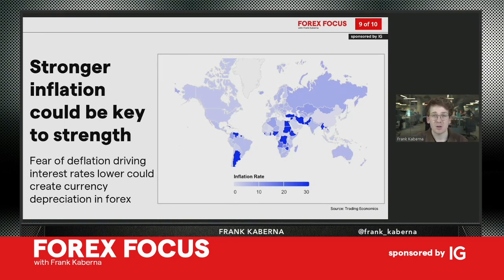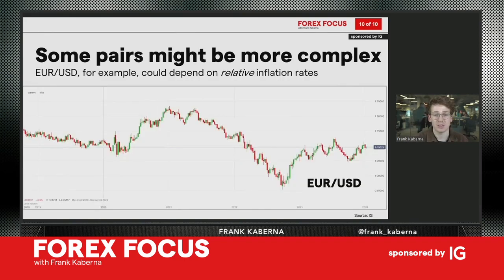Because what's been driving some of the currency depreciation is fear of not only stair-stepping down to 2% inflation here in the US, but what if the US goes to deflation and, for example, the euro area stays at 2 or 3 or 4% inflation, and the US has to cut interest rates all the way down to 0%, but the euro area stays at 3 or 4%? You might see that dollar really crash compared to the euro. And that's just an example, obviously, but it's one that could, one, be flipped on its head, but two, lend itself to any of the major currency pairs,